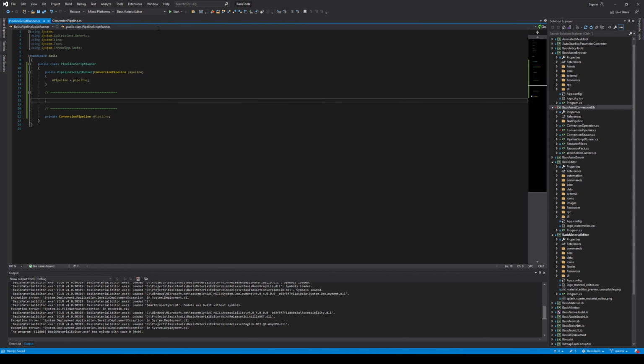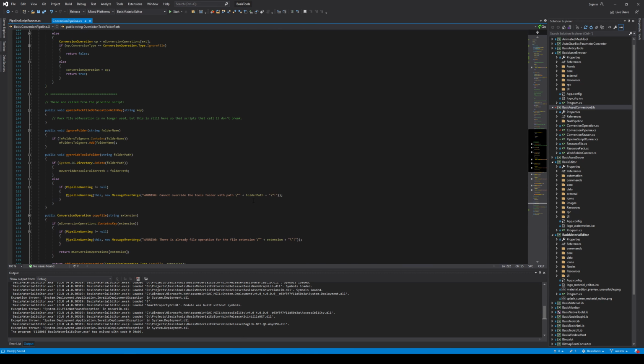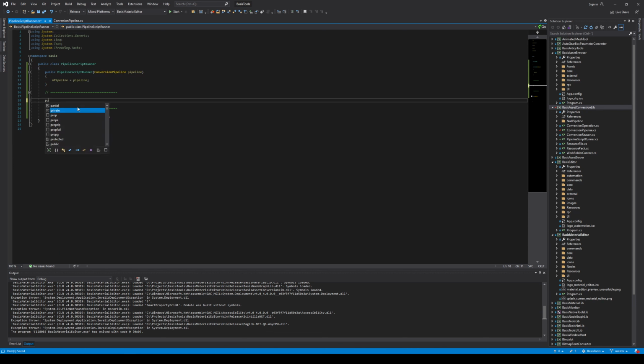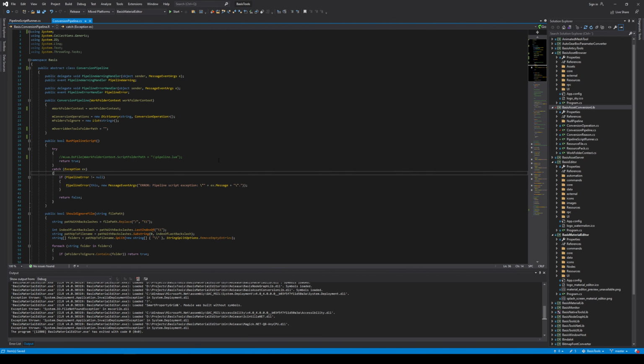And then the only other thing we really need is this, right? So we have a try catch block here, and this gives an error if something goes wrong. So we just need a method here, which can be void, run script. Run script is probably fine. Script file path. And then we call,